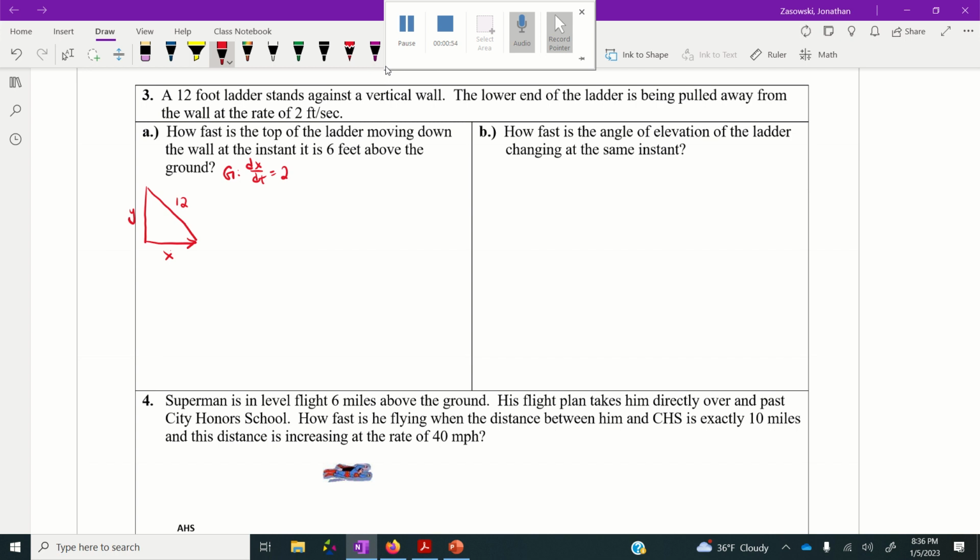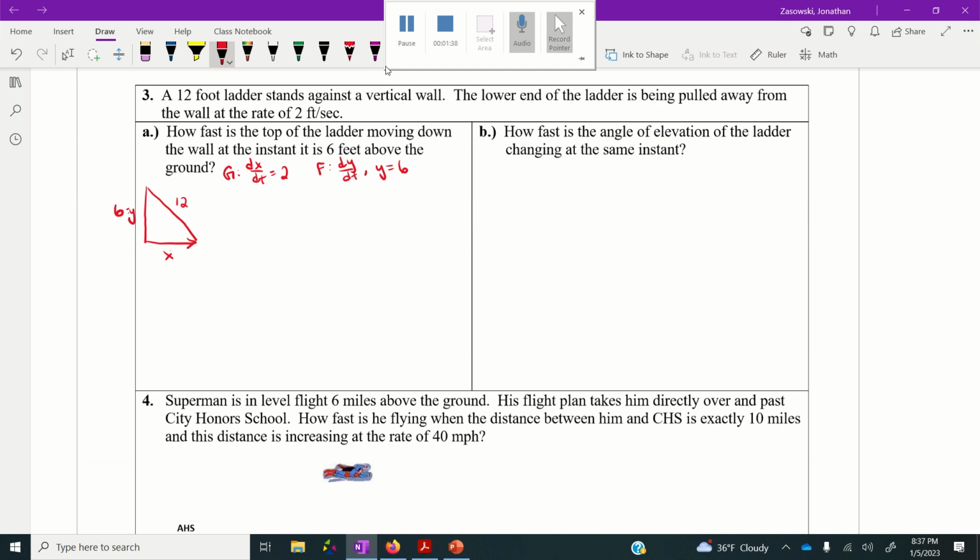All right, and how fast is the top of the ladder moving down the wall? So we are trying to find dy/dt, right? At the instant it is 6 feet above the ground, when y is equal to 6. Okay, now if this is equal to 6, we can use the Pythagorean theorem to figure out what the other side is. Now, if this is 12 and this is 6, one of the things you can think about here is that this would be a 30-60-90 right triangle, to have one of the legs half the hypotenuse. So the other side is going to be that times,